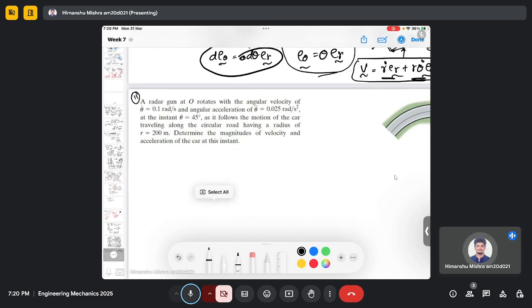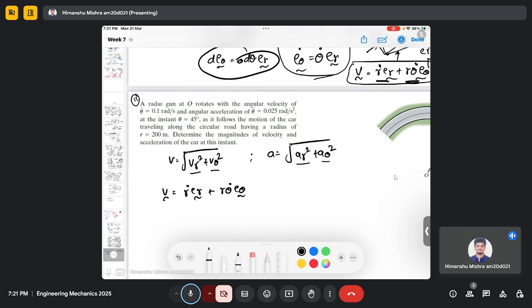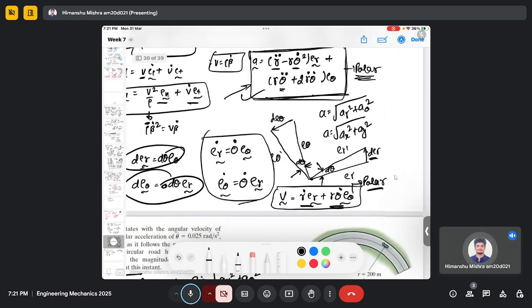In order to determine the magnitude of velocity, it is given as the square root of vr square plus v theta square, and acceleration will be the square root of ar square plus a theta square. So basically we need to find the radial and theta components of velocity and acceleration. The velocity vector is r dot er plus r theta dot e theta. So this is my radial component and this is my theta component, and the acceleration vector is r double dot